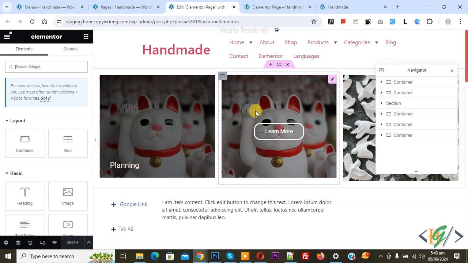Bismillahirrahmanirrahim. Assalamualaikum. My name is Hassan and today we are going to display specific column, container, widgets or element for